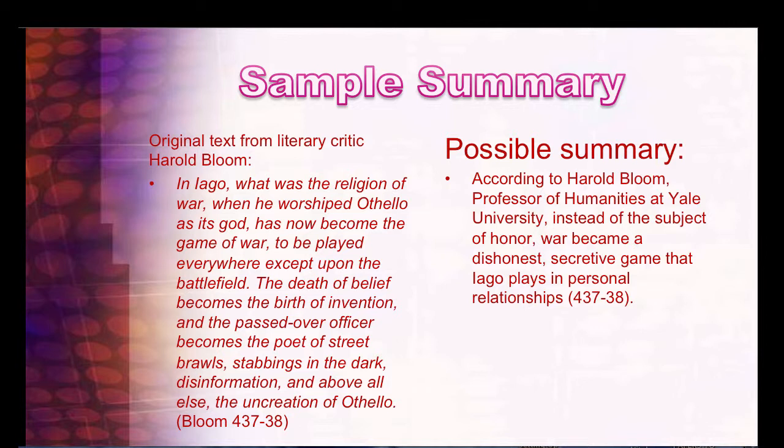Instead, what we have is a subject of honor, which summarizes this idea that Iago had worshipped war as religion with Othello as his god, becomes a game that is dishonest and secretive, and the dishonest and secretive idea comes from all of these metaphors